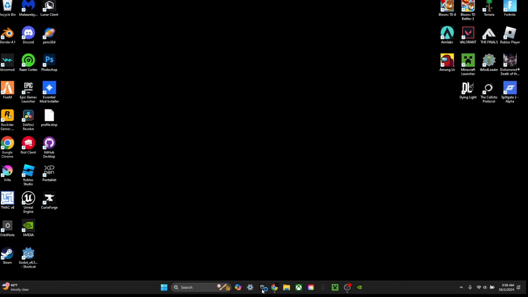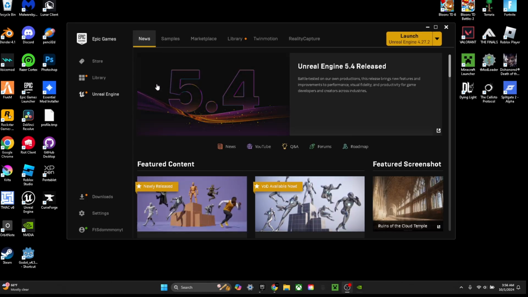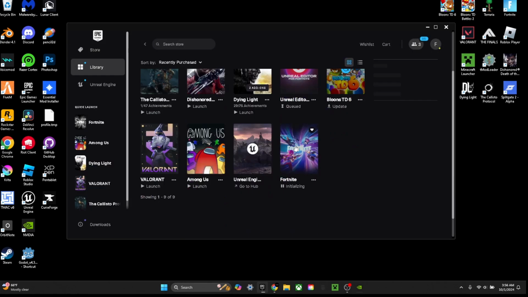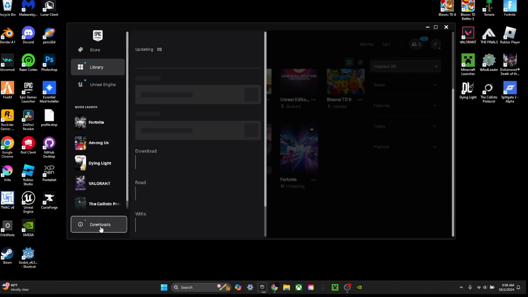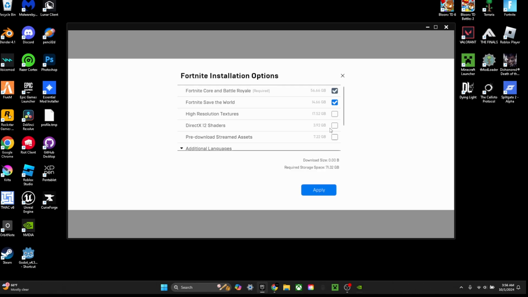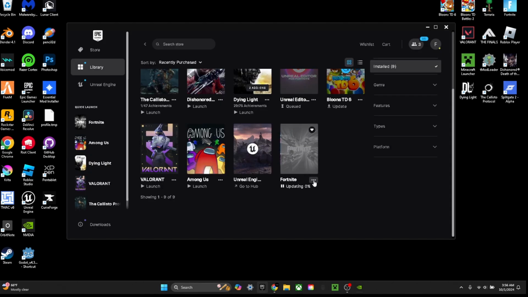Now I want you guys to open the Epic Games launcher. When this opens, click library. Scroll down till you see Fortnite. Click these little dots here, click options, and turn off high resolution textures and DirectX 12 shaders. Make sure you click apply. That will just update your game. After it downloads,